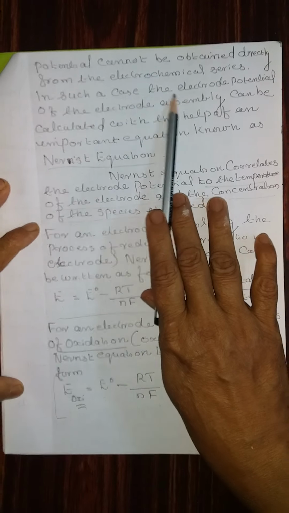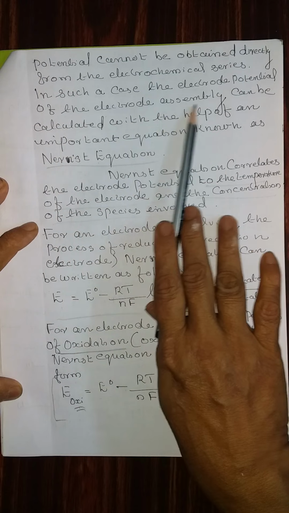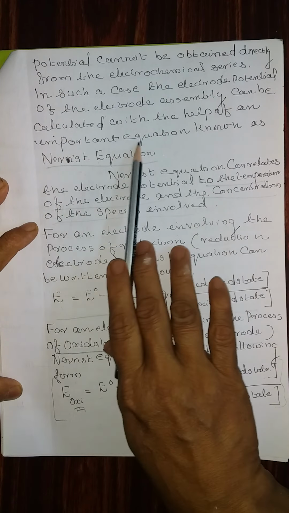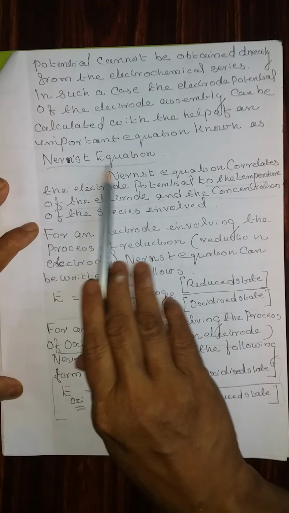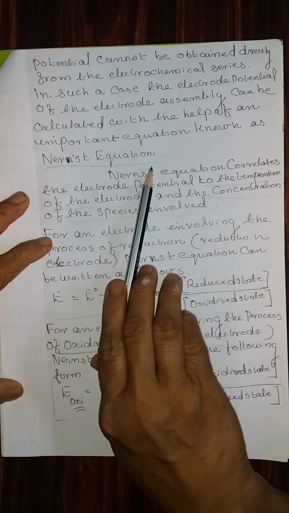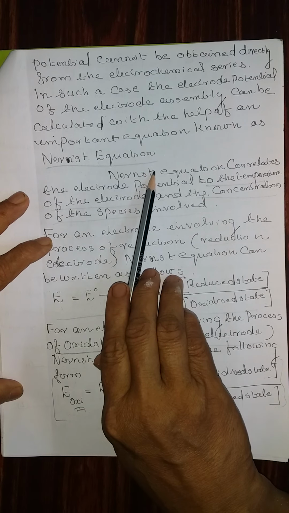In such a case, the electrode potential of the electrode assembly can be calculated with the help of an important equation called the Nernst equation. You have to get thorough with this equation so that you can do the